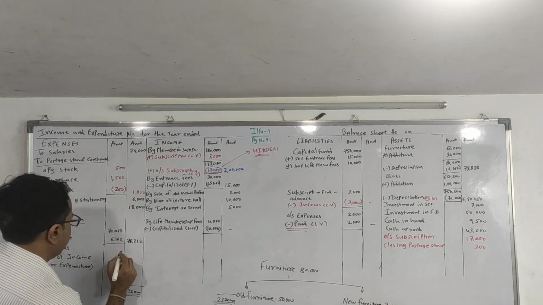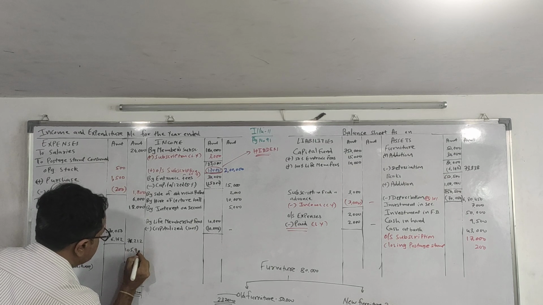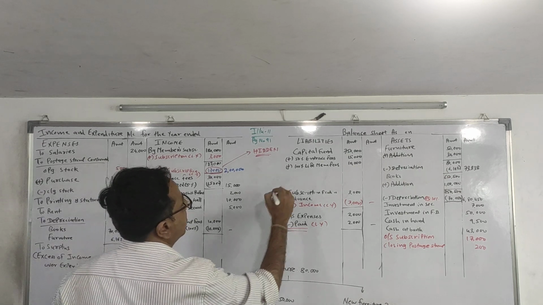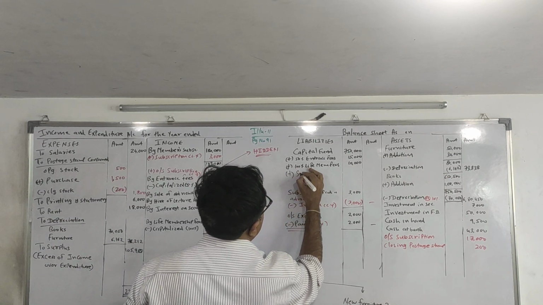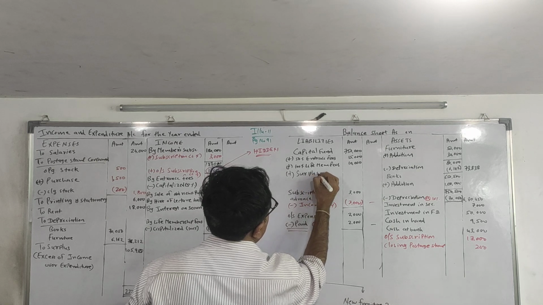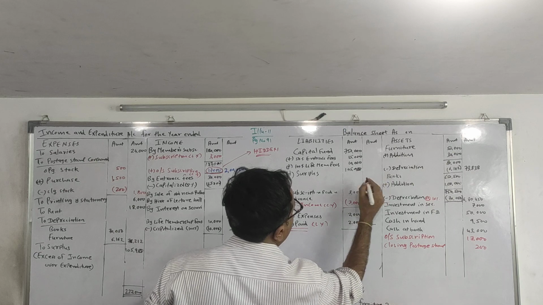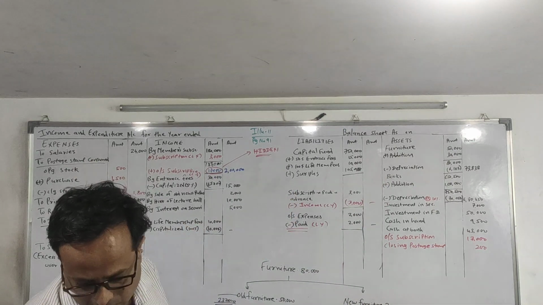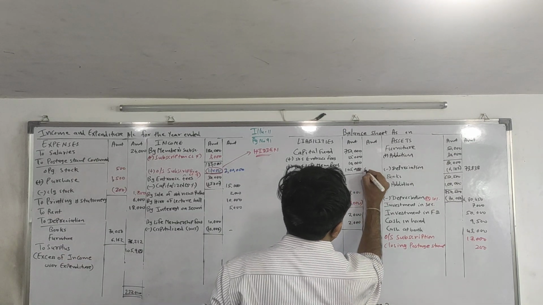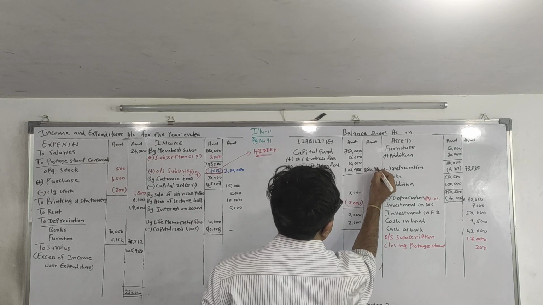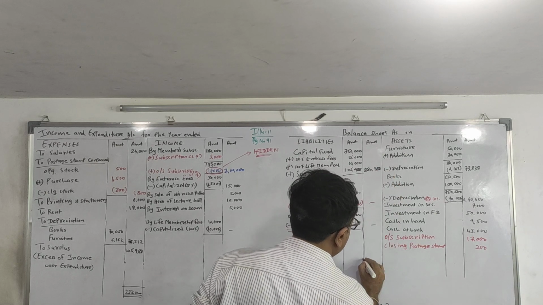Amount will be 1,05,098. Will add to my capital fund, surplus 1,05,098. Outer column total is 8,80,988. There is nothing on the liability side, only